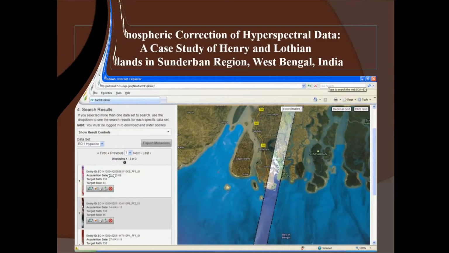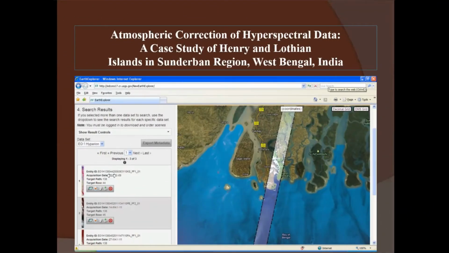Now, before I start discussing the atmospheric correction algorithms, I would like to mention that the reason for selection of the study area is that the Sundarbans Biosphere Reserve of West Bengal is an ideal locale where hyperspectral image data can be successfully utilized for accurate mapping of numerous mangrove species that exist there.